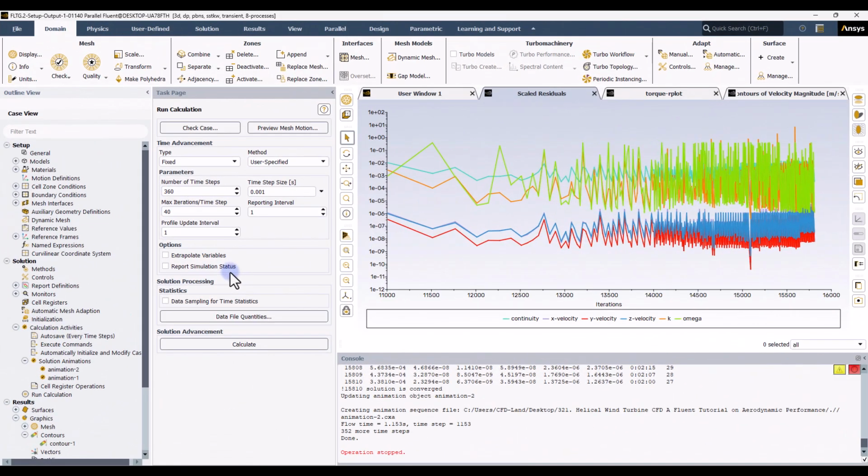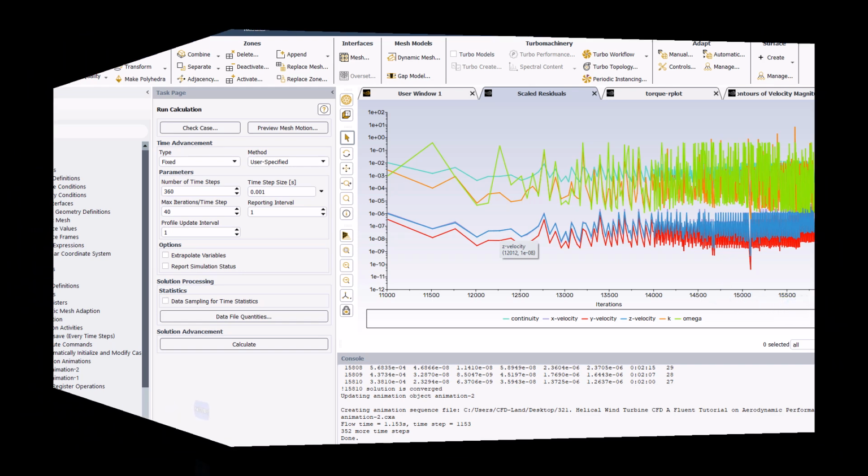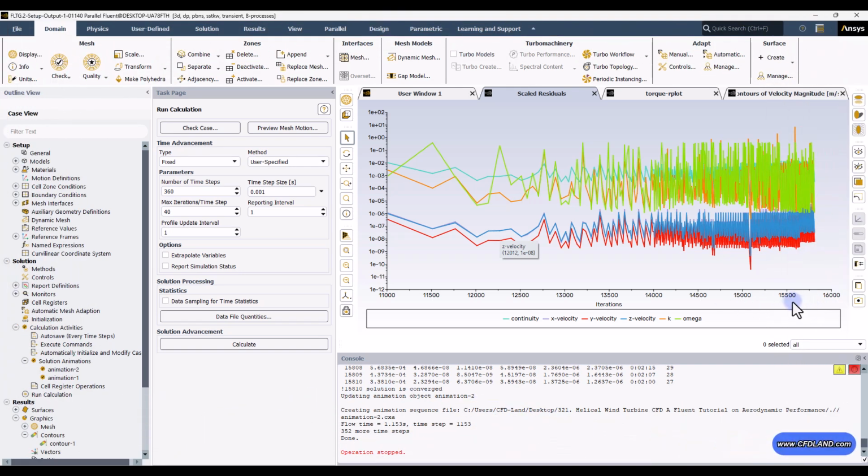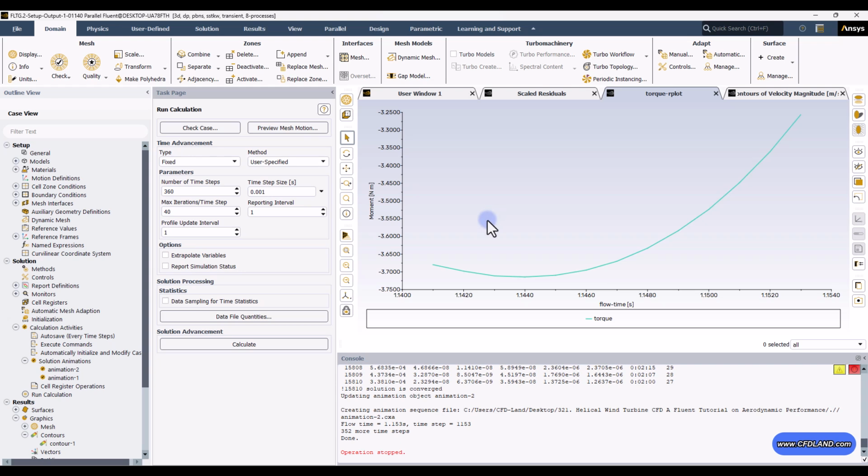All right, so I stopped the solution to actually check the results together, and I loaded the final case and data files I saved. So these are the results. You can see about 60,000 iterations were performed, and I manually stopped the solution. The point is that you can see in another tab the torque that we made report out of, but I